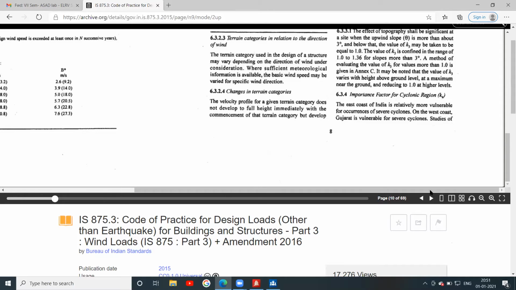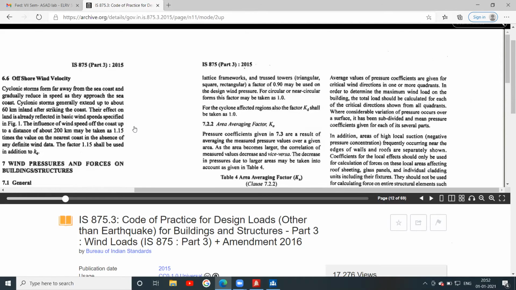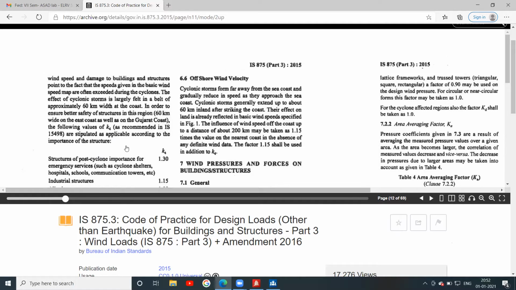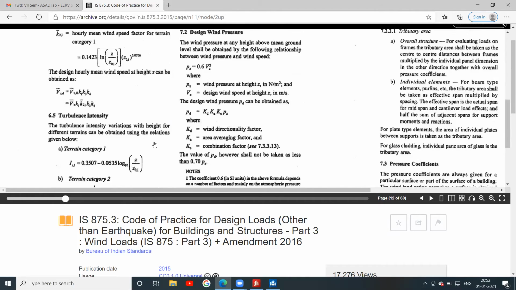And K4 is the importance factor for cyclonic region. In the cyclonic area only we have to consider it. For all other structures you have to take it as 1. So take K3 and K4 as 1.